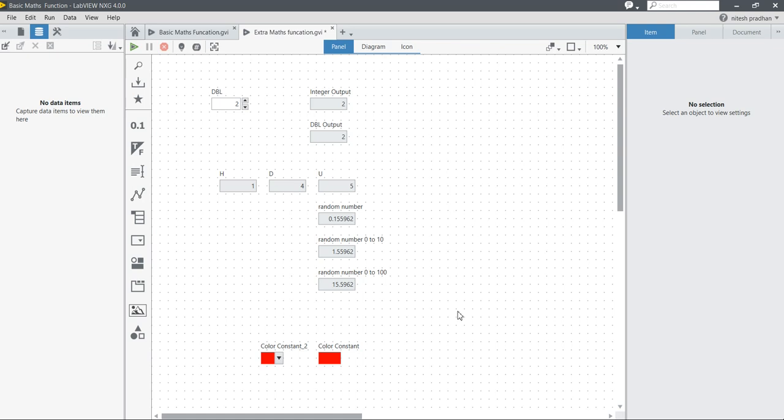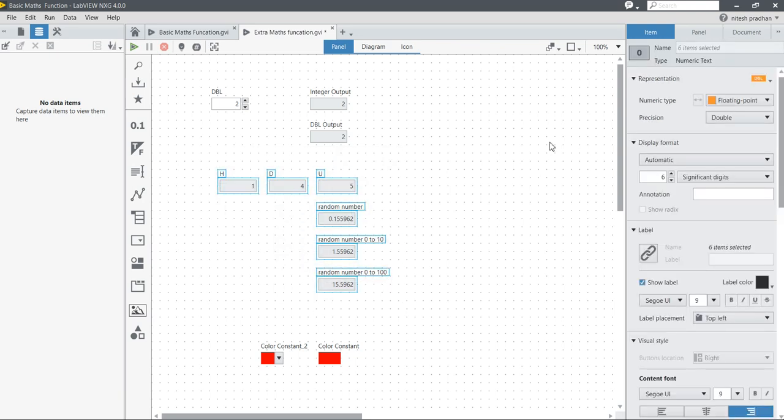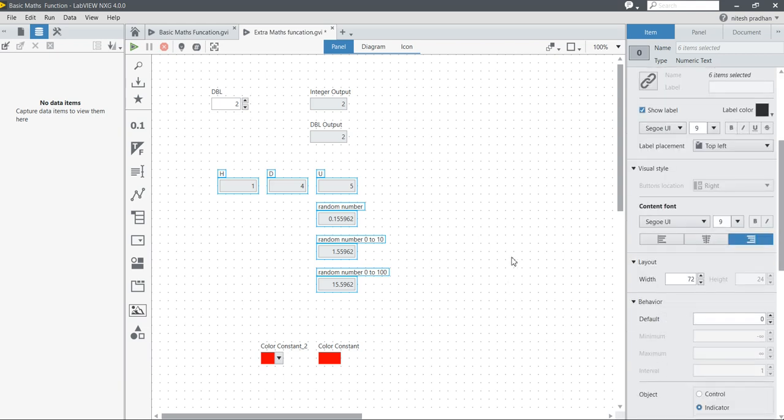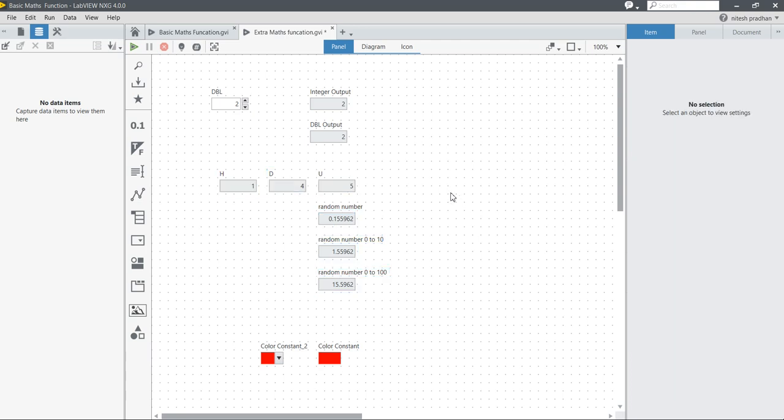So in LabVIEW NXG, the user interfacing platform and the designing working environment is quite different. Not quite different, there is something extra given here, and at a time you can see only one diagram. That's why in this LabVIEW NXG you have to work here, and all those properties which you can control by property nodes, you can control all those things here in your programming window. So it is a very good concept for programming.